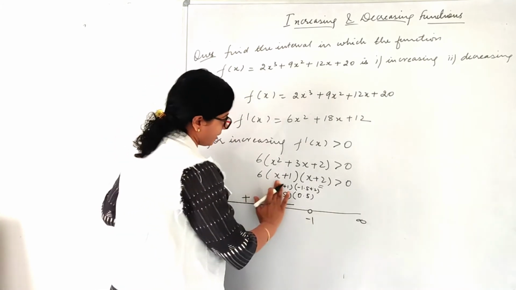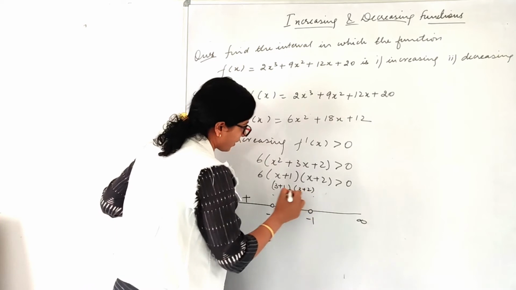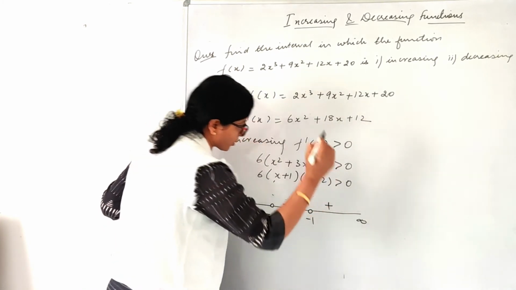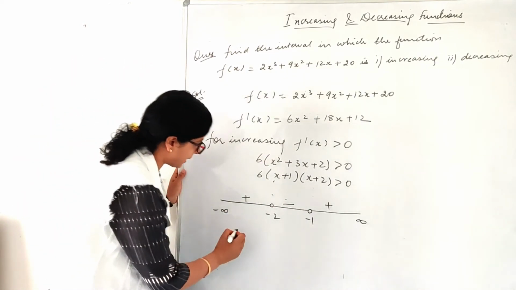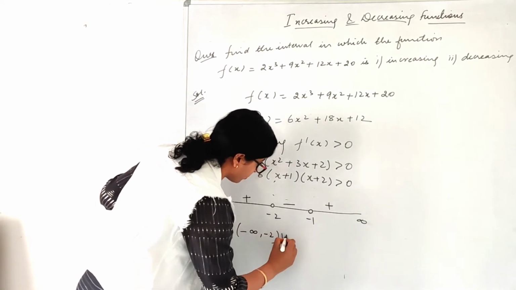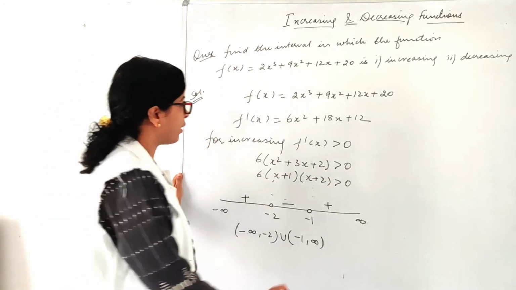Let us check in this interval. So say for example 3, again the product of two positive numbers is positive. So what we'll get here? Again positive. So the interval for which my function is increasing is (-infinity, -2) union (-1, infinity). Okay. Now for decreasing